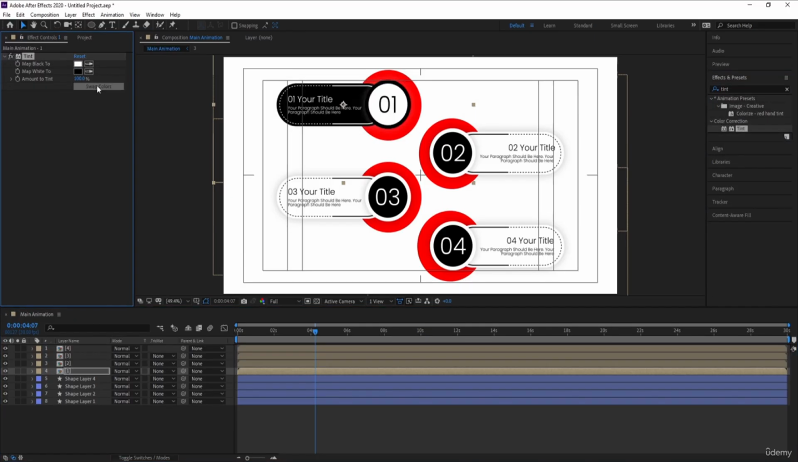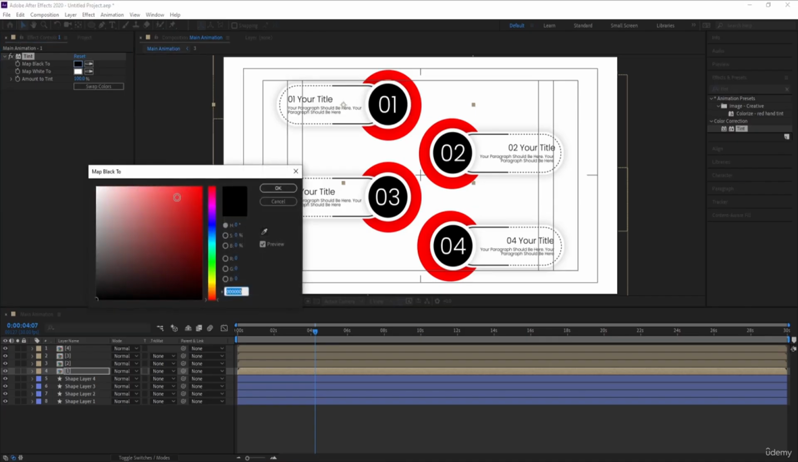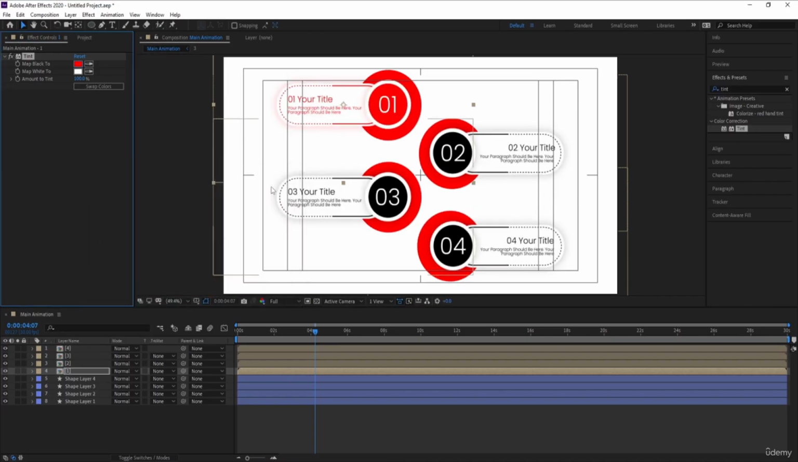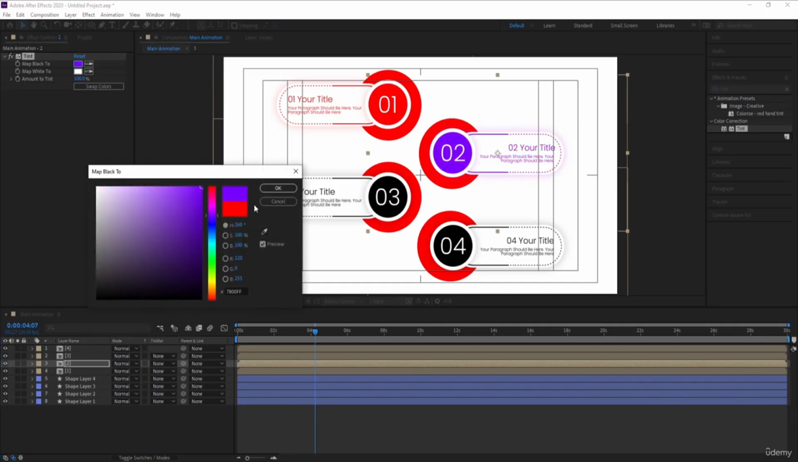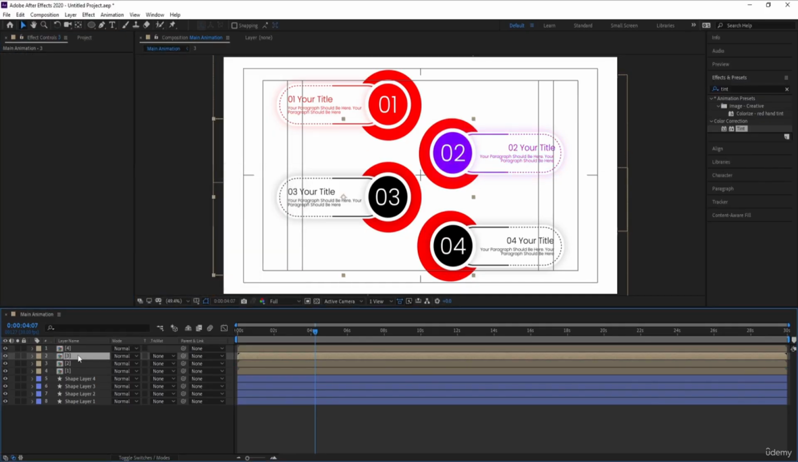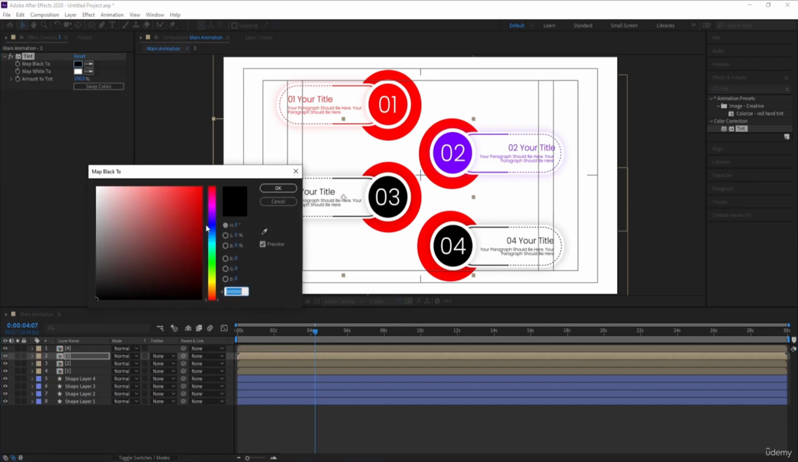And as you guys can see, with the help of this you can pick up any color. For example, if I choose red color, I'll get this kind of stuff. You can select this tint effect, hit Ctrl C, select the second layer, hit Ctrl V, and instead of that you can choose purple color. Select this third layer, hit Ctrl V or apply tint effect. Over here you can choose